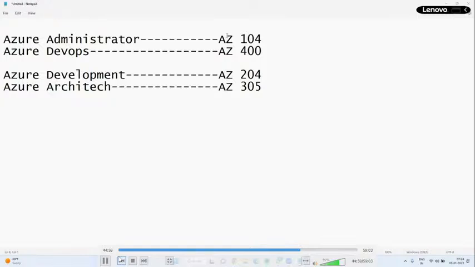Is any coding required, sir? For administration, no coding is required. That is why we have a separate development paper. For development, you should be proficient in something like Java or .NET so that you can move into development. Azure administration and DevOps is total configuration and implementation. No coding is required. Some scripting is required, which I will cover.